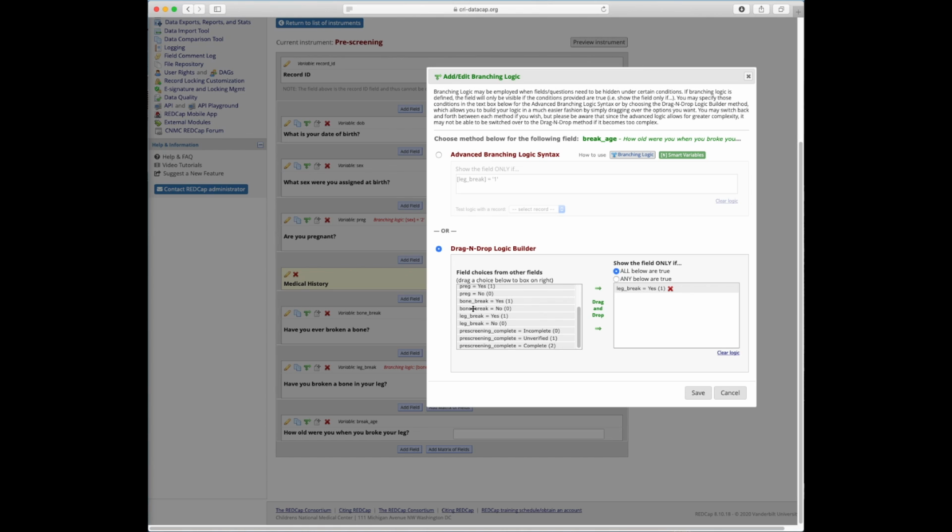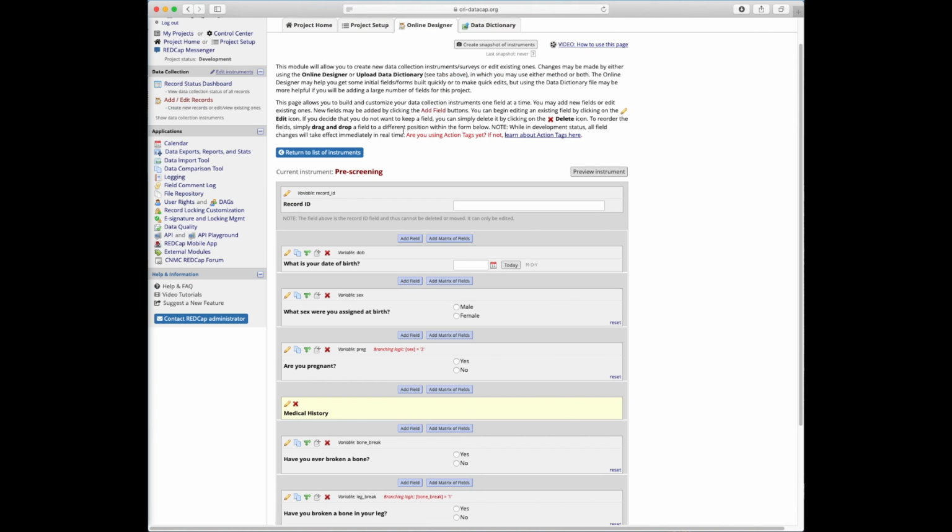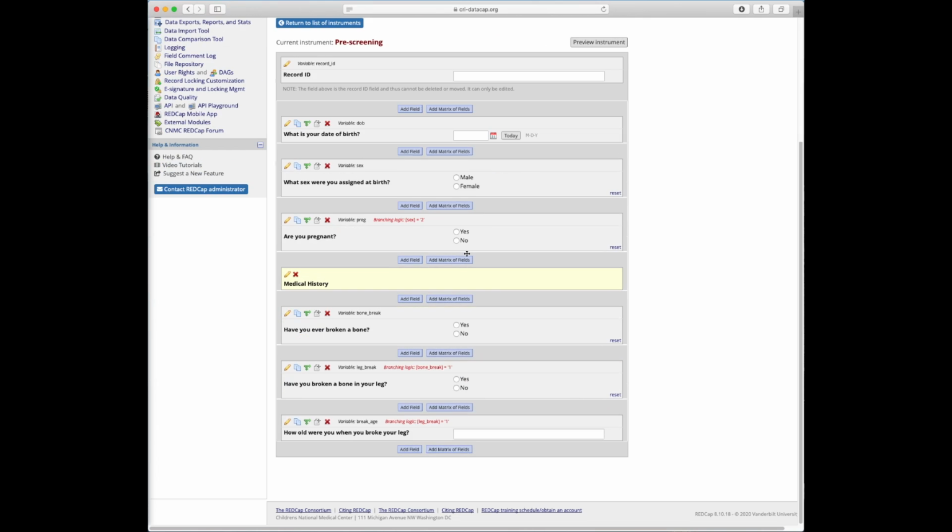Q1 equals yes or no, or Q3 equals yes or no. So that's why you want to be descriptive and concise with your variable name. So leg break, that is pretty obvious what we're talking about. And we'll save. Okay. So we've just created this first instrument,